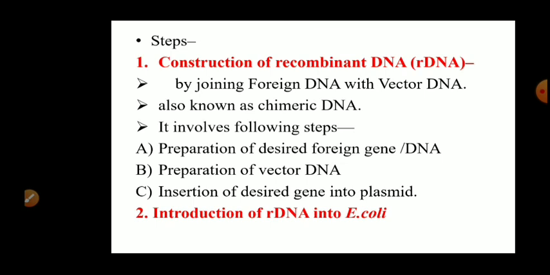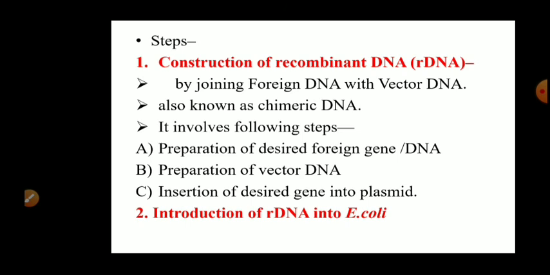So the E. coli are given calcium chloride treatment so that they become permeable, and then the recombinant plasmid easily enters inside the E. coli cell, and the E. coli cell undergoes transformation. The cell having the plasmid with insert are called transformed cells. The next thing is you have to identify the cells which have undergone transformation. That means what? E. coli cell having a plasmid that is with foreign gene inserted inside it. That means E. coli cell having recombinant vector inside them, right?